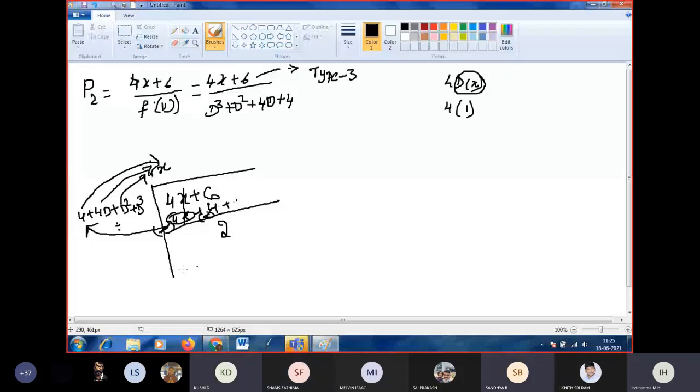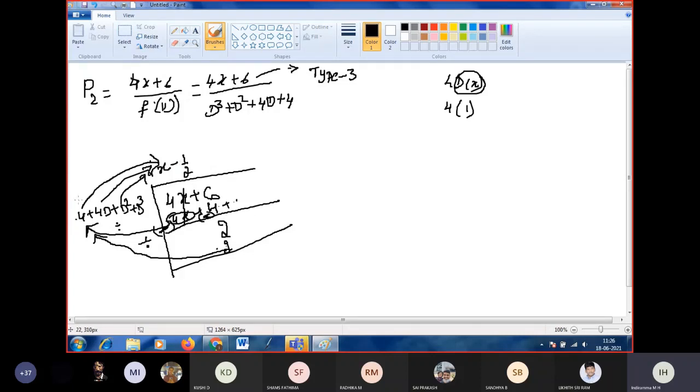Next, what shall I write here? 2 divided by 4. Put the arrow mark like this with the division symbol. What is 2 by 4? 1 by 2. Shall I write plus or minus? Plus, because here we have plus, and here we have plus. Plus 2 divided by plus 4 is plus only. 2 by 4 is 1 by 2. Correct? Yes, ma'am.